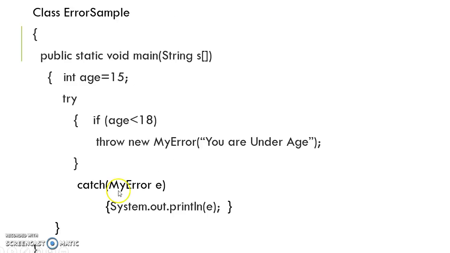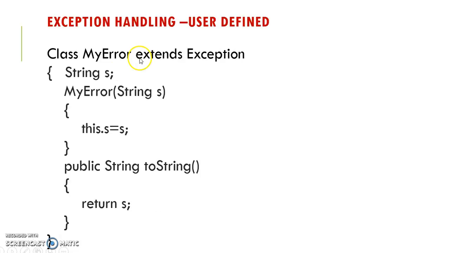So how do we use the user-defined exception class? Here comes the part, so we have to use a try catch block. In the catch we have to specify our own exception. And here is the keyword, that is, we have to throw the exception because it is not generated by the Java runtime environment. We have to create the object and throw it. Once it is thrown, it is caught here and System.out.println will call the toString method here and